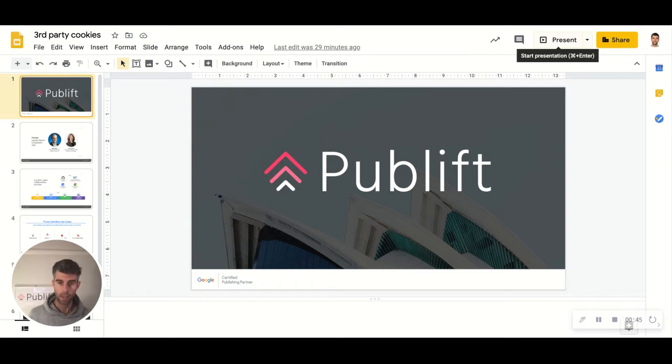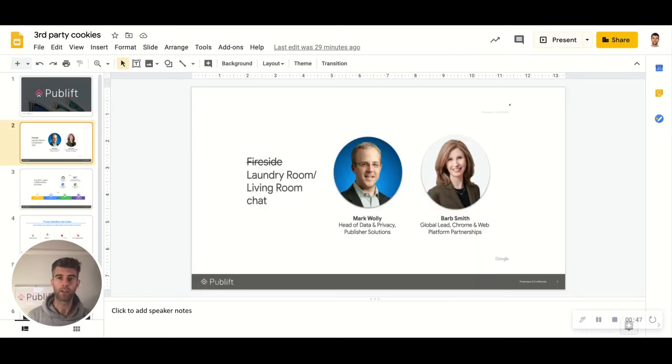The two people on this call are Mark Wally, who I actually used to work with in Google, who was the head of data, and Barb Smith, who led the Chrome and web team. Okay, so